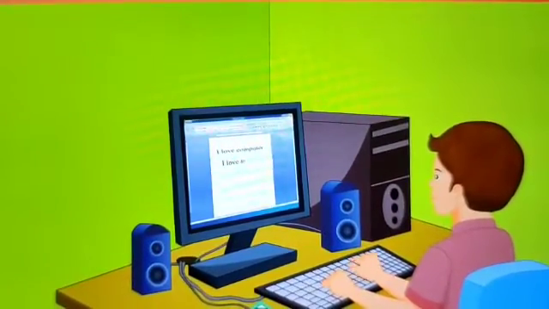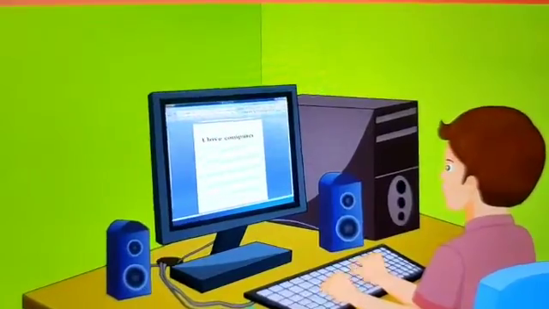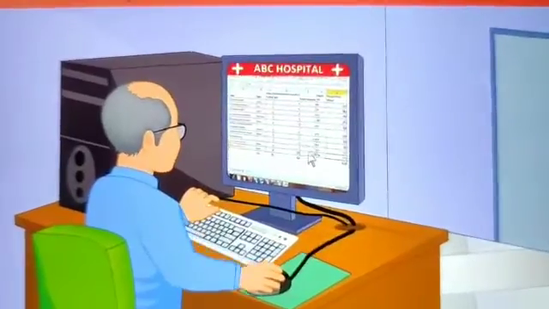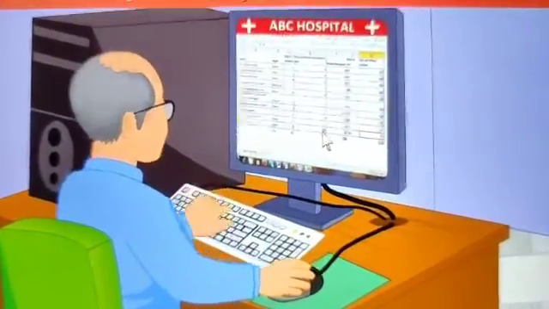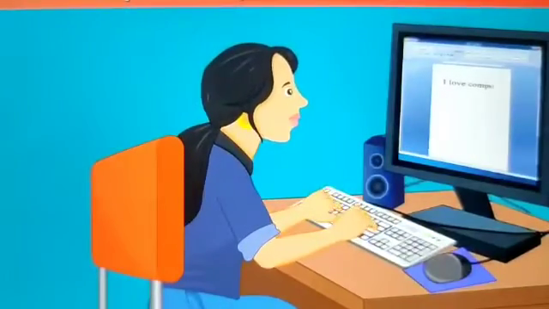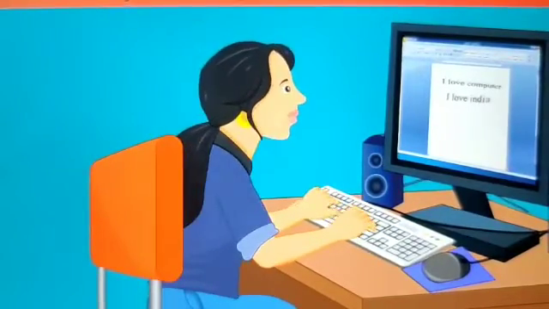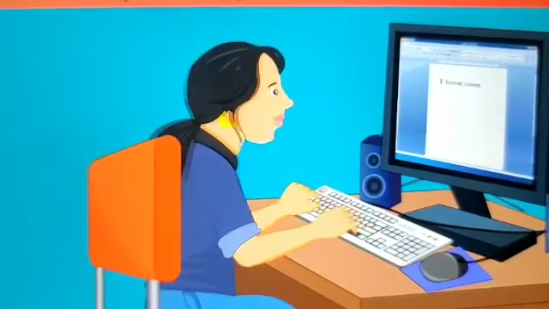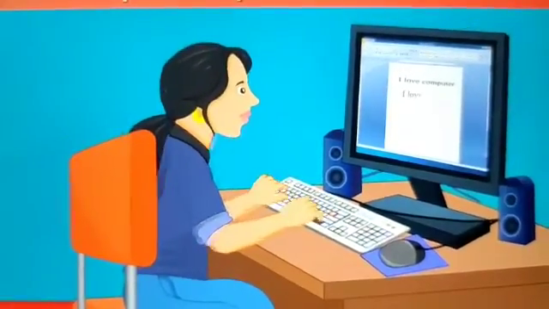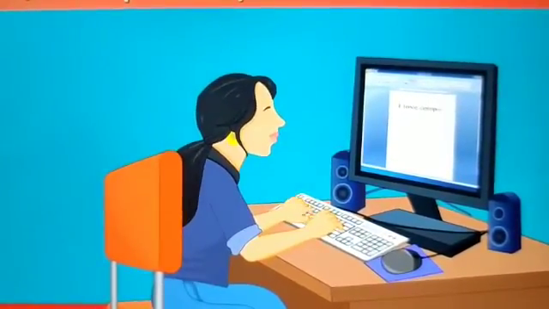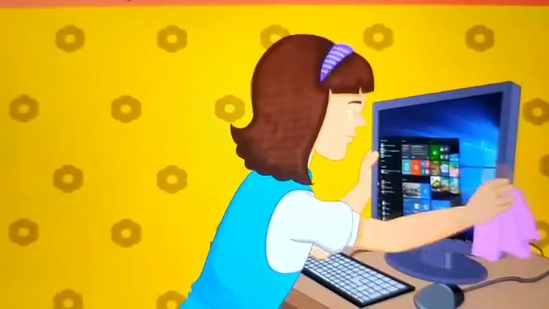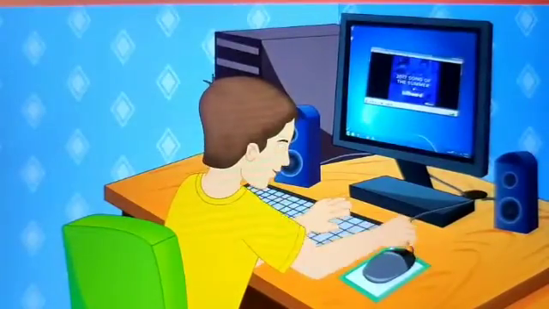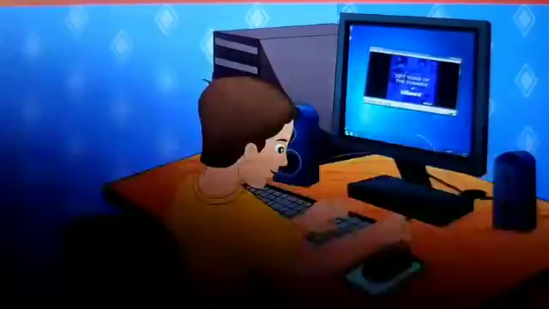Press the keys of the computer keyboard gently. Pressing the keys hard may damage them. Always use the mouse pad. It keeps the mouse to work properly. Do not sit close to the monitor. It may cause stress to your eyes. Keep 1 arm distance between yourself and the monitor. Always keep your back straight. Always clean your computer with a soft and dry cloth. Do not play with the wires attached to the computer.